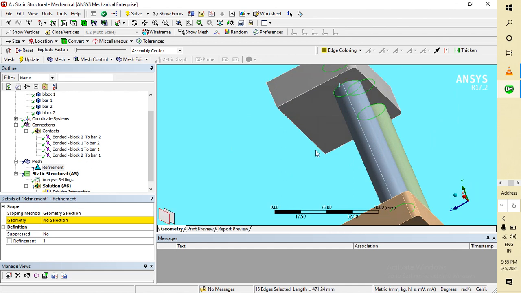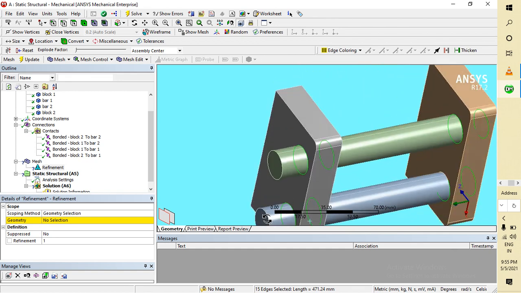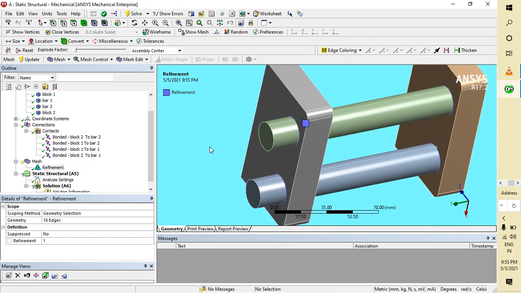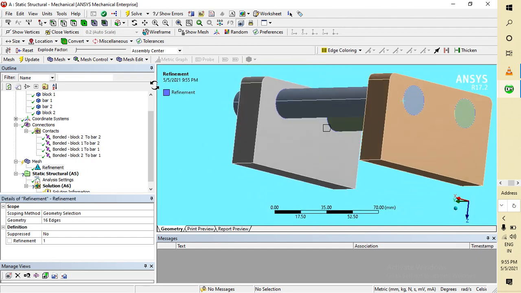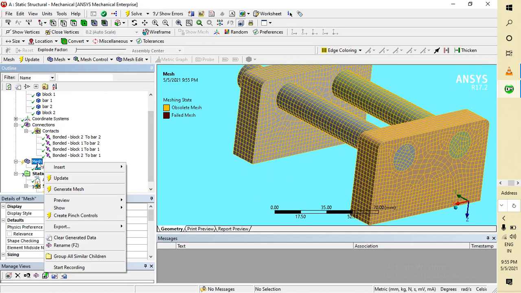Okay, now I want to see whether all parts are selected or not. So it is selected now. So now go to no selection and apply here. So all these faces are selected for the refinement. Now you have to go again to mesh and update.